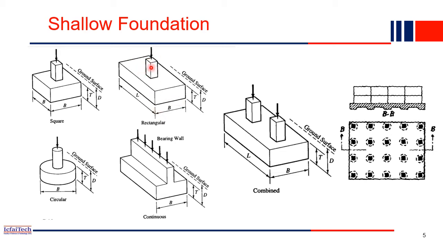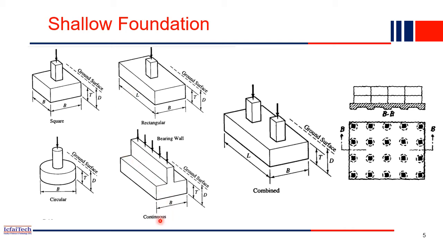Depending on the loads and the area available, we have to choose which footing we need. For example, if you have a square column, then maybe a square footing is sufficient. But if your column's plan itself is rectangular, then it is preferable to have a rectangular footing. Similarly, if your column is circular, then the foundation may be good if you choose a circular foundation. These are the different shapes you can adopt depending on the site condition and availability of material, everything.